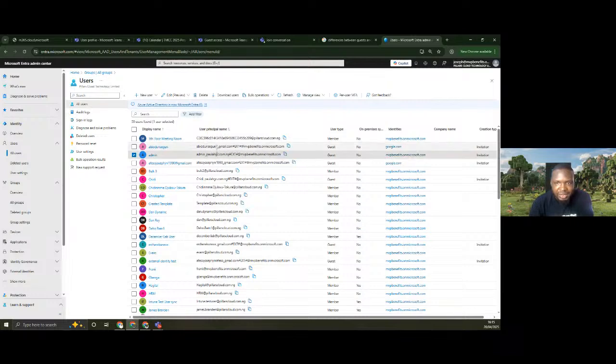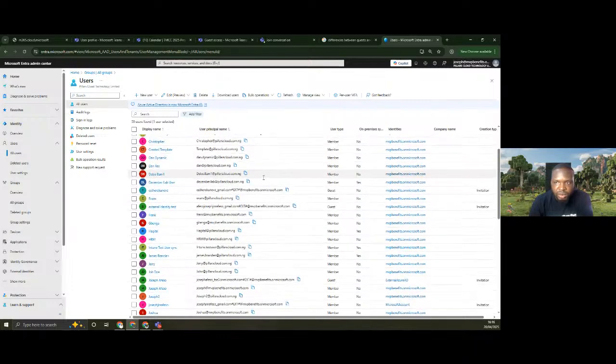The at sign from the original primary domain of the user will eventually become an underscore. So this is supposed to be Abiodun Shegun 7@gmail.com, but because it has been invited as a guest in my environment, it becomes Abiodun Shegun 7 at gmail.com hashtag EXT hashtag at mvpbenefits.onmicrosoft.com. So this is how to differentiate guest users from your internal users.